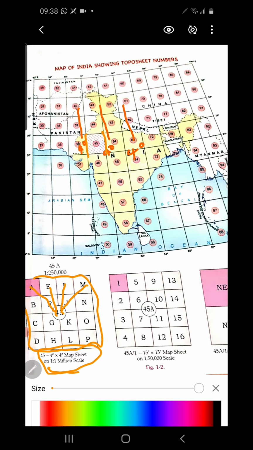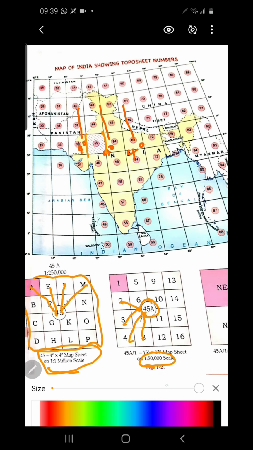So when you go for a subdivision of the million map, there you need to go for a larger scale, as the area becomes smaller. So instead of million scale, here you go for 50,000 scale. Understood? Again, if there is a subdivision, 45A2, 45A3, 45A4,